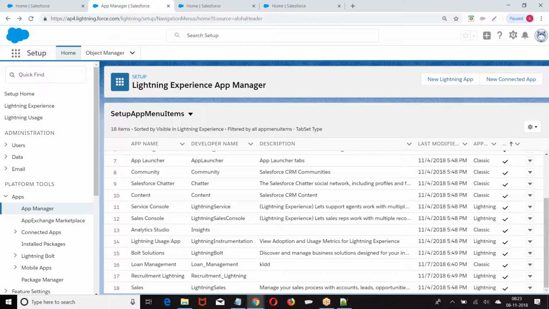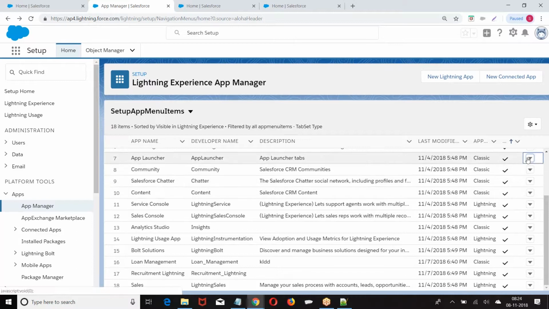At profile level, what they give is whether you can see it or not. If it is available, whether you can see it or not is given at profile level. If you want to delete, applications are deleted at what level? We are deleting at application level. Now look at this. We have a list of applications in the app manager. Let me choose one of the custom applications I have created. Recruitment. Now what is the option? Edit and delete. So deletion is not done at profile level, it is done at application level.